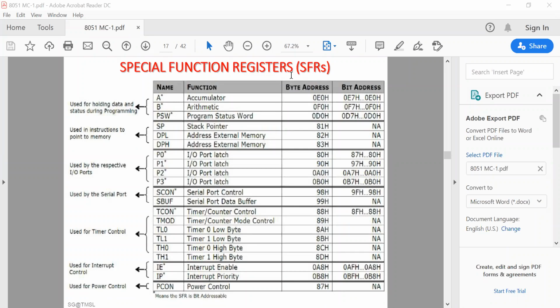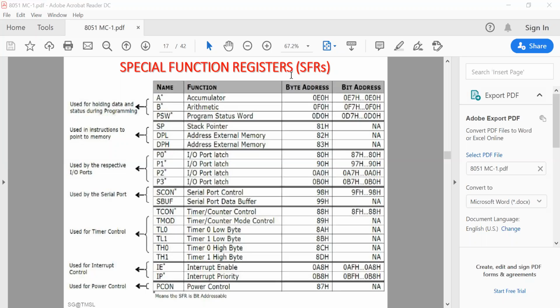So it needs 7 address lines, but it is not connected in this way. A total of 256 bytes of RAM has to be connected with the 8051 microcontroller. But 256 is not accessible at a time. That's why it is divided into two parts: the lower 128 bytes of RAM and the upper 128 bytes of RAM.